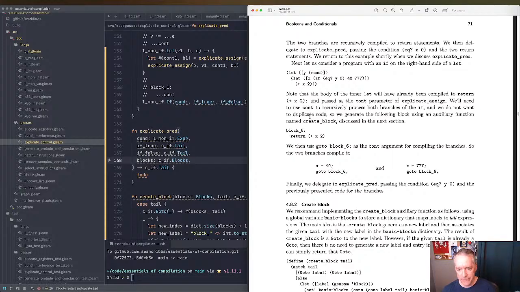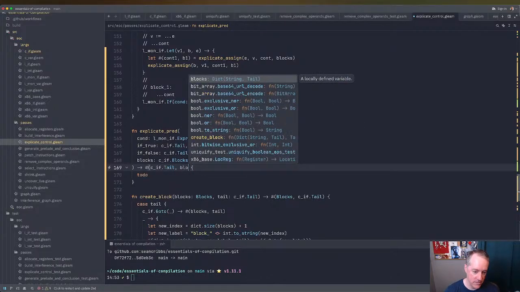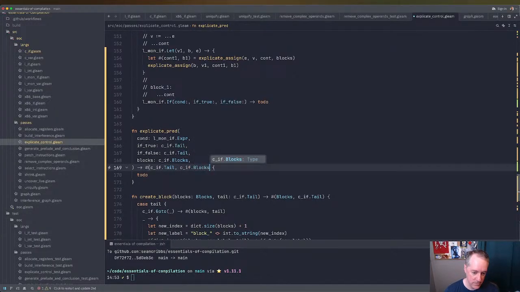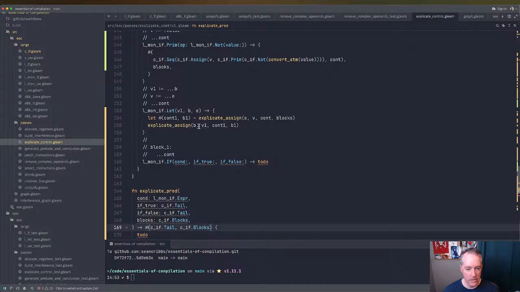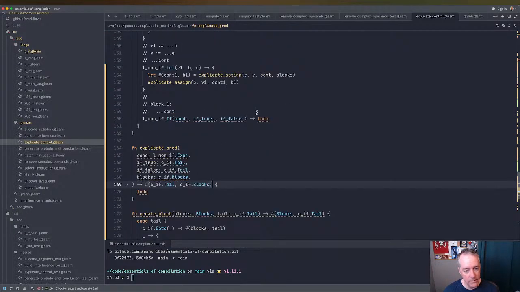And it's going to have to return blocks because of our threading through, right? Okay, now that warning went away. Okay, so what we're going to have is